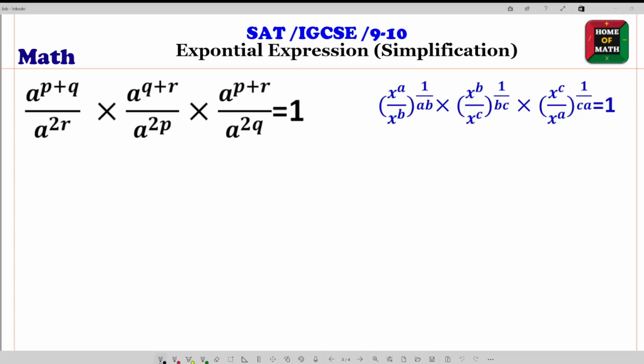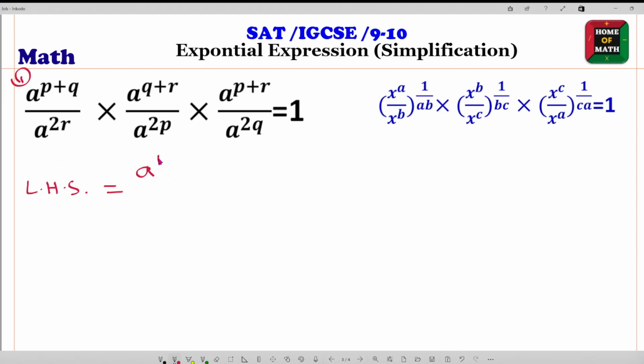Today we will simplify two exponential expressions, which is very important for SAT, IGCSE, and grades 9 and 10. Let's start. Our first question, we have to prove that the left hand side